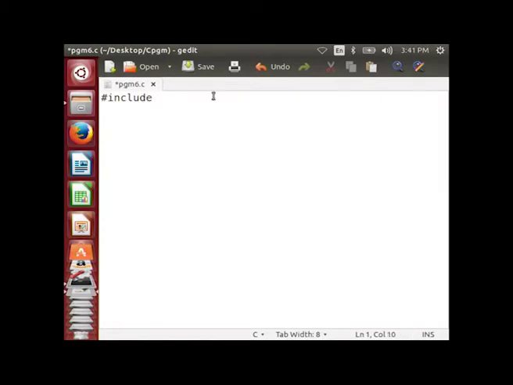#include <stdio.h>, then declare the enumerated variable enum dir_ctn, then within curly brace north equal to 1, east, south, west, then close the curly brace semicolon.